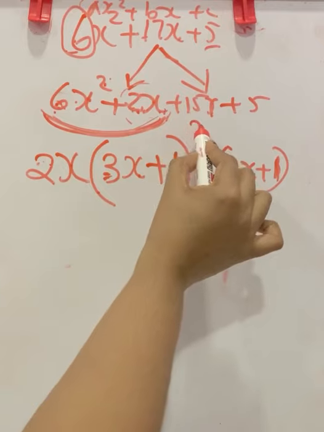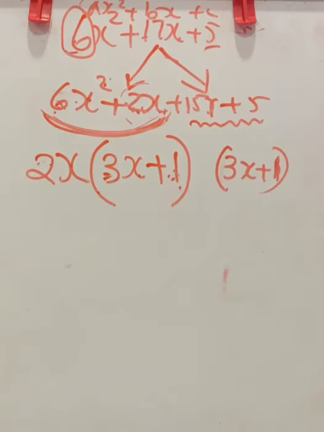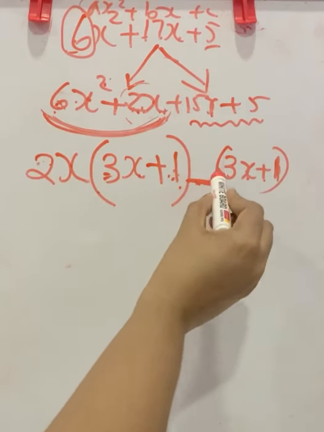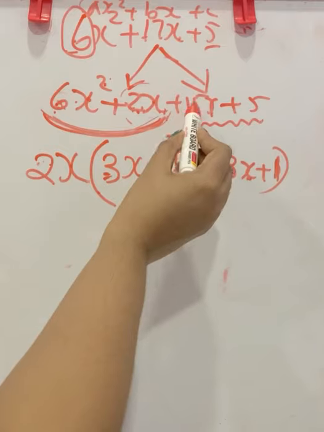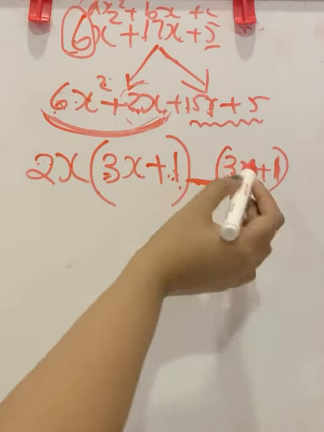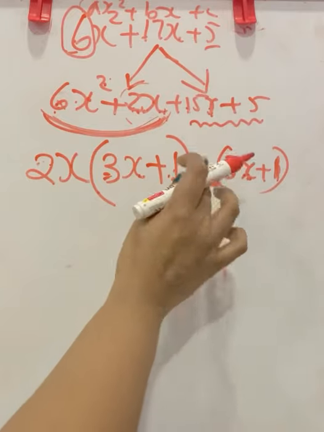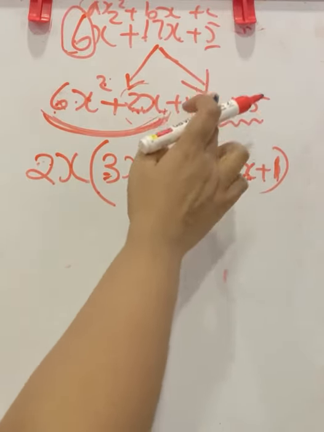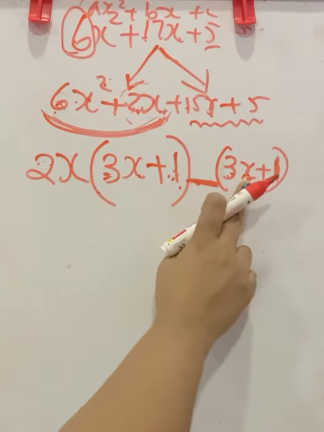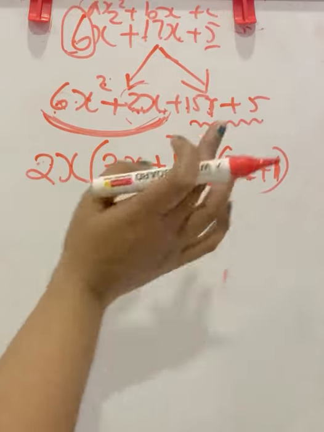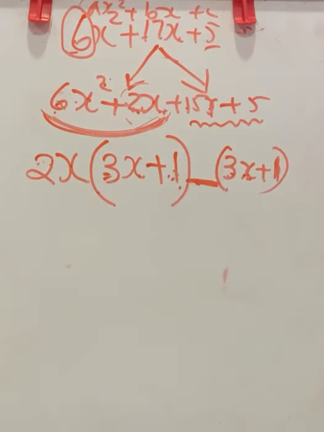Now consider these left two terms. In that, dash into 3x. Here we don't know what the number is. So dash into 3x, we need to get 15x. X is already here, so we don't want to write the x here. If there is an x, then x into x must be x square. Here there is no x square, only x is there. So we don't have an x term here. We need only a constant term.